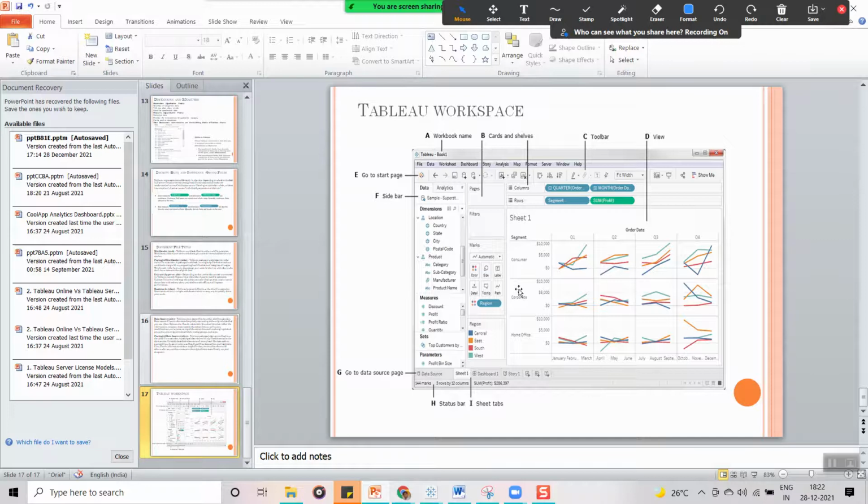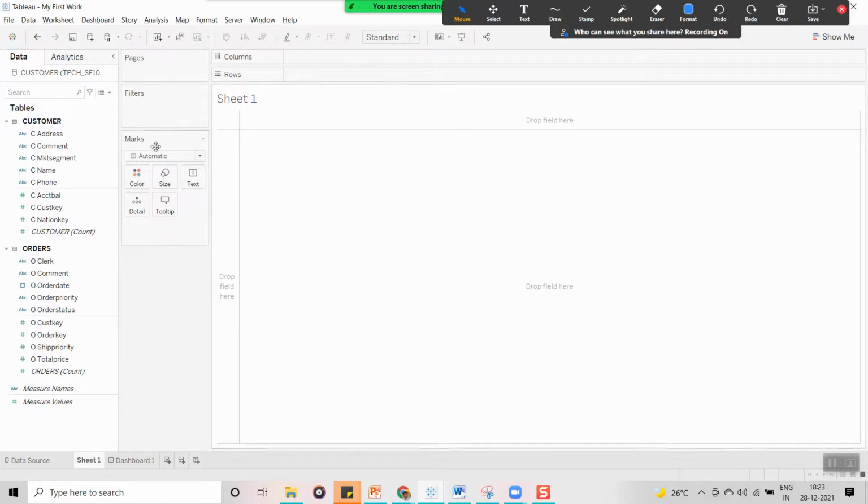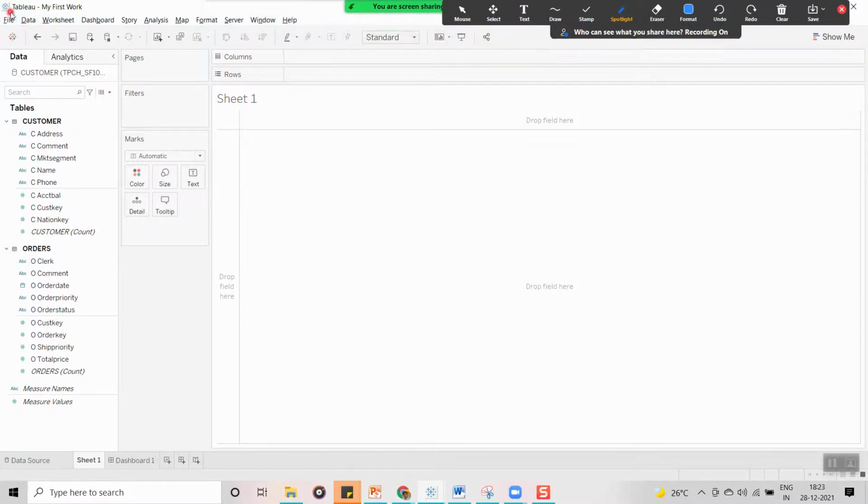Here in the Tableau workspace, the first thing you can see is the workbook name, here on the top side. Whatever you can see here is the workbook name. Initially, whenever you open Tableau, it is going to show Book1, which means you haven't saved it.